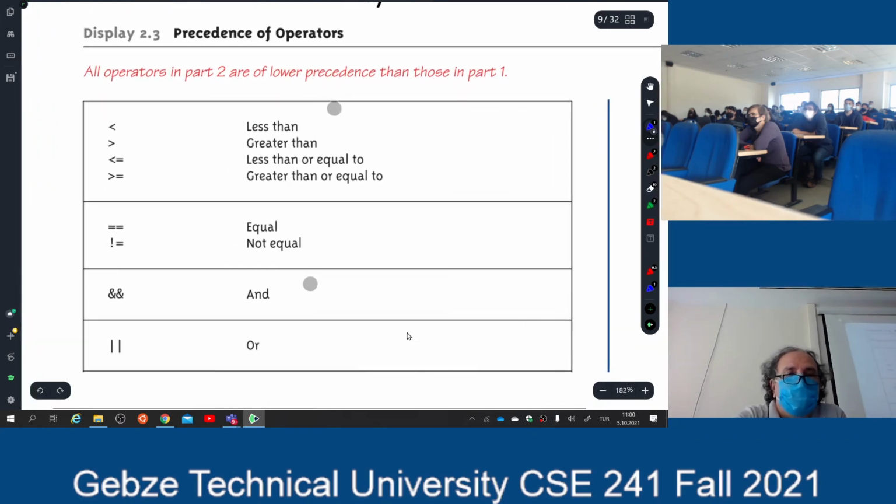For example, equal is equal, not equal. I could write things like